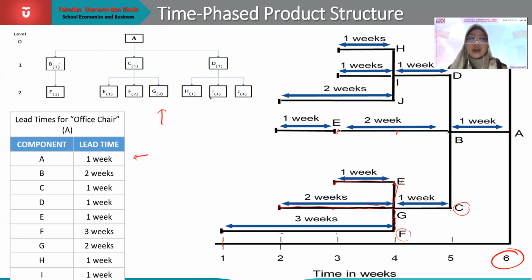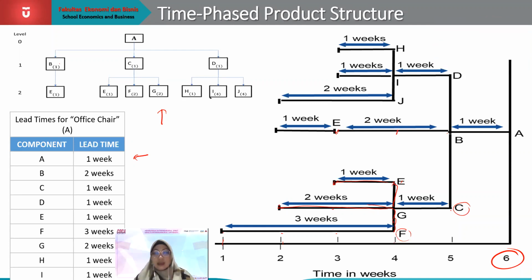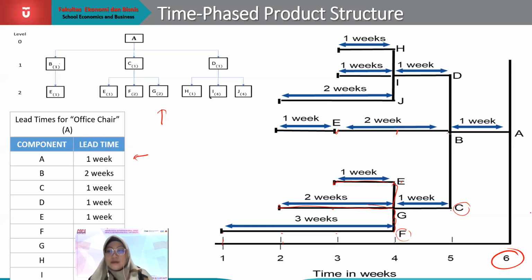And after we know the starting point for component B, we know this component B cannot be built when they don't have any component C. So this is component C, 1 week. So we already have B and C, then we move forward to D. With the same technique, you can make component D. And in the end, after you have D, B, and C, you can start to produce component A,